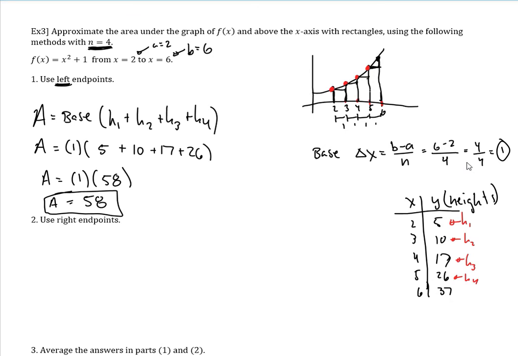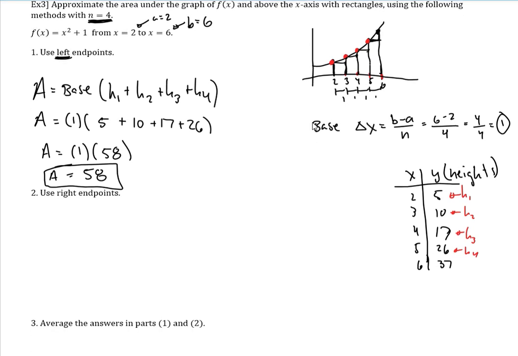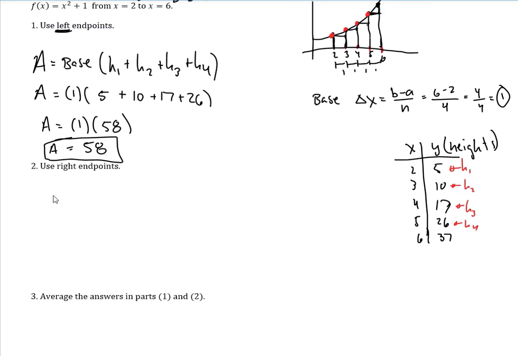Okay, here's what's kind of good about these problems. So no matter what, they are long. But our right endpoint kind of starts off in a similar way. Let's set up our equation. It is the area equals the base times the heights of 4 rectangles. However, I have to make the adjustment on the heights. Okay, so I'm going to copy that picture right here for this problem